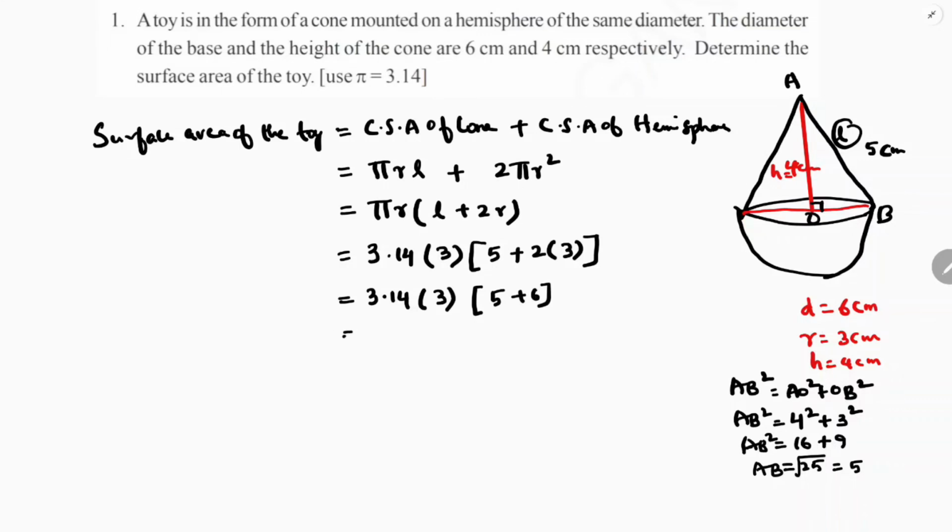Now if I multiply 3.14 into 3, you'll get 9.42, into 5 plus 6 is 11. So 9.42 if you multiply with 11, you'll get